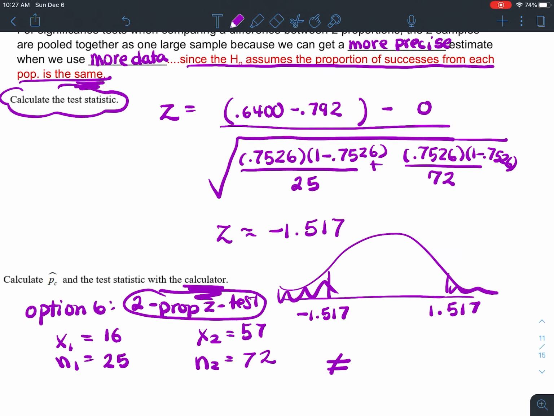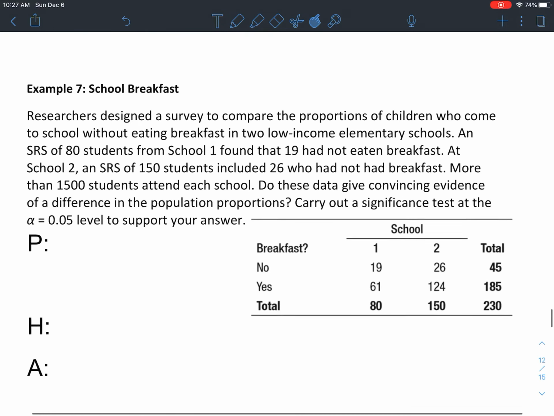On the screen, if you go into that option 6, you'll see that you definitely want to pick the does not equal to, because that's what the alternative was. Okay, and this will then spit out for you what that test statistic is. I think that it shows you negative 1.514. When we did it by hand, it was negative 1.517. Okay, it also does give you the p-value for you to make your decision and compare that with the alpha